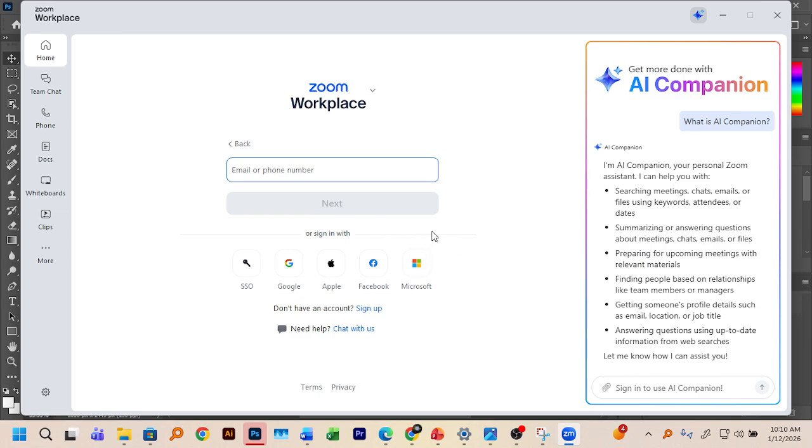And when I tap sign in, the first option, just like the way we saw this in the web, is I can sign in by submitting my email or phone, or there's an option down here, sign in with Google, Apple, Facebook, etc. Since we already have a Google account, we are going to choose Google. So I'll tap on Google. And once I tap on Google,